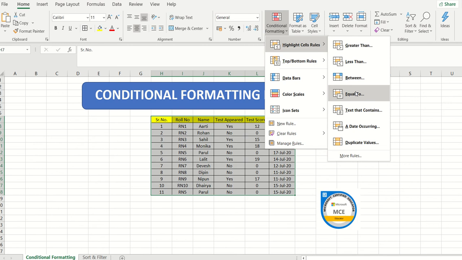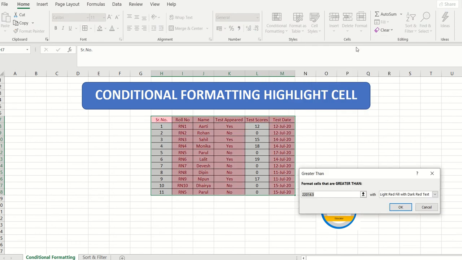So let me just go ahead and tell you one of the best practices. We are going to start with the first option, which is greater than. So what you need to do is select greater than. However, first and foremost, before you go ahead and type in, you need to first highlight the specific subset on which you need to apply this rule.